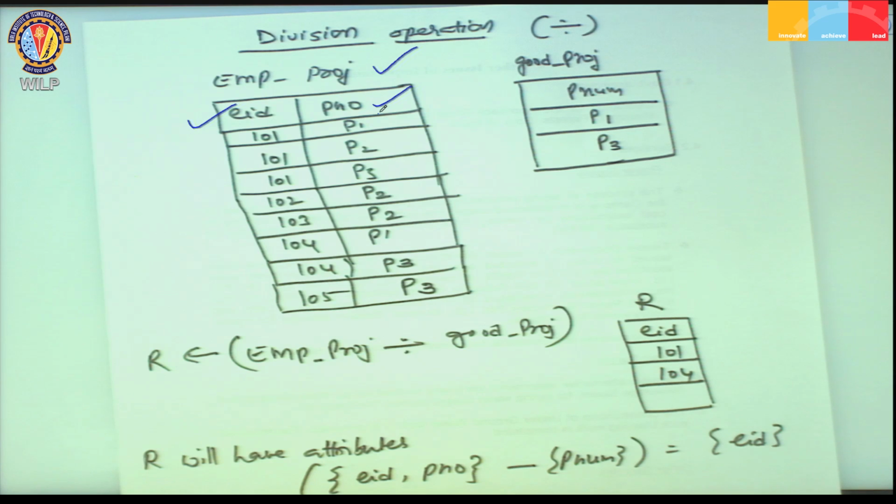P number. That means this indicates which employee is working on which project. The rule says that one employee can work with more than one project and the same project can have more than one employee. So, that is why employee 101 is working with 3 projects and 102 is working with only one project, that is P2, and 103 is on one project, 104 is working on 2 projects and 105 is